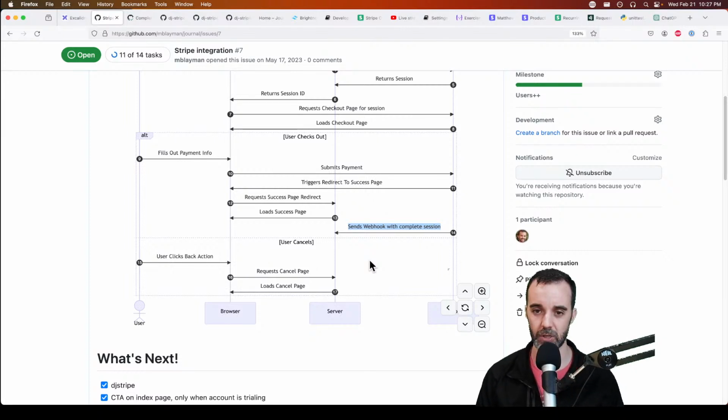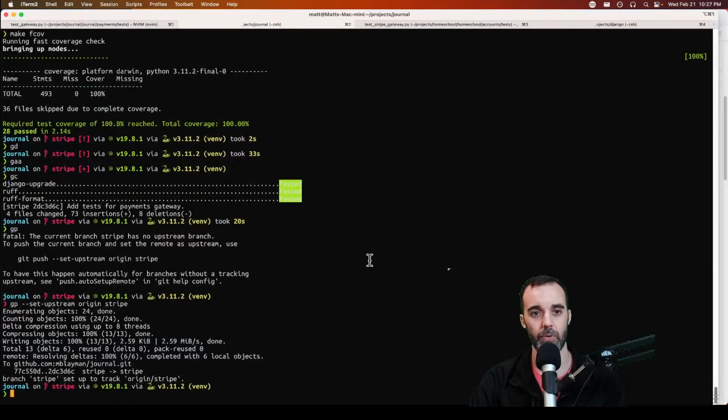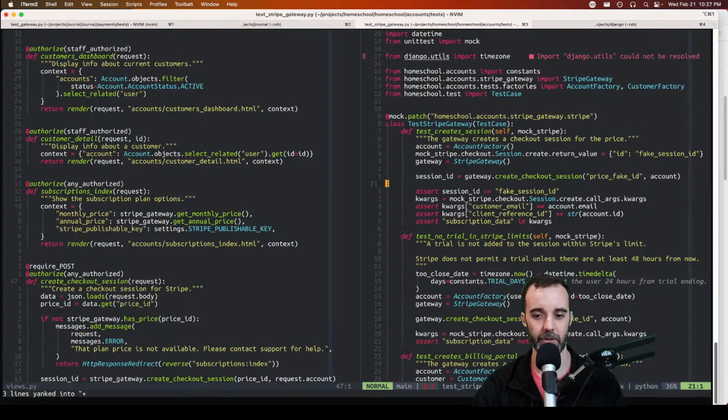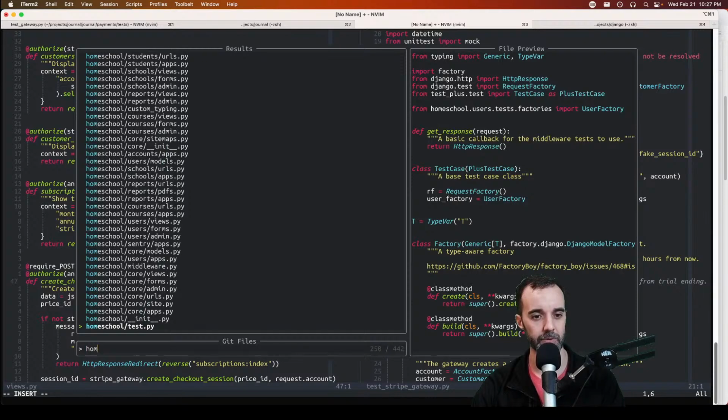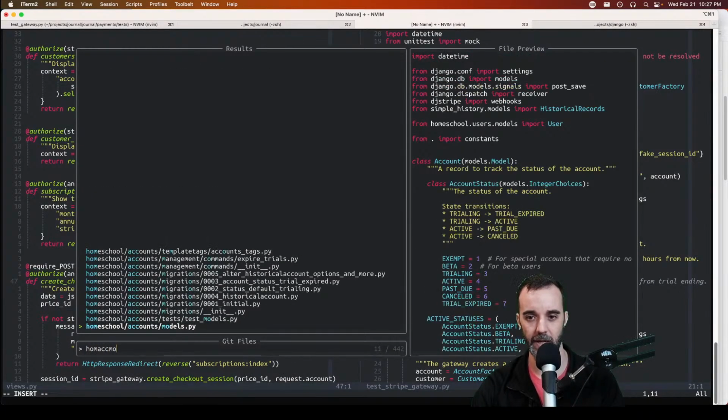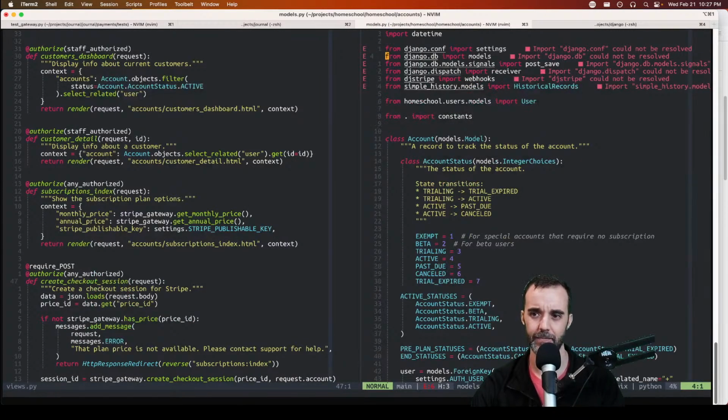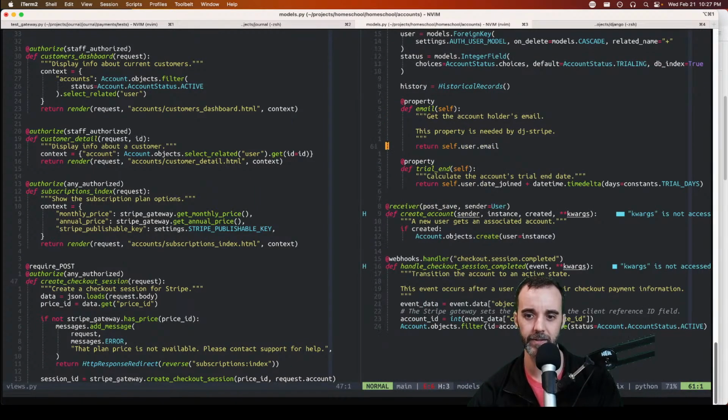And that's what's going to transition our users from the trialing state into the active state. So I see no reason to redo all of this from first principles. This is something that I fully can steal from the homeschool apps. Let's do that. Let's go to the homeschool app and go to the accounts models page, which I think is where this is. I don't have the virtual environment loaded up, so all the Django imports are complaining like crazy, but that's okay. What we want here is this section down at the bottom. And I'm going to steal this whole thing, and we're going to put this,